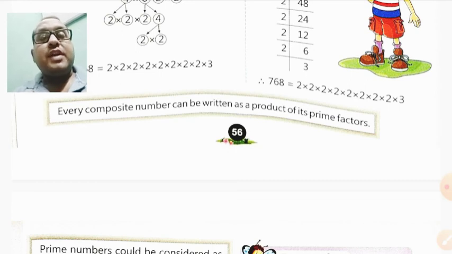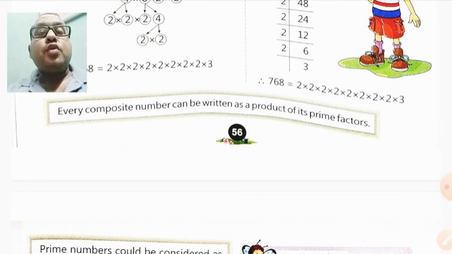In the next video we will discuss the divisibility test, how we check whether a number is divisible by 2, 3, 4, 5, 6, 7, 8, 9, 10, 11 without any division. Means if we have a larger number, we have to check whether it is divisible by 2 or 3 or not. So without division, how can we check that this number is divisible by 2 or 3? We will discuss these points in the next video.